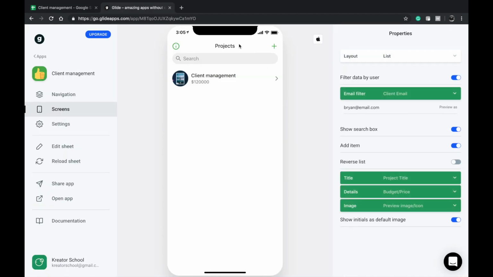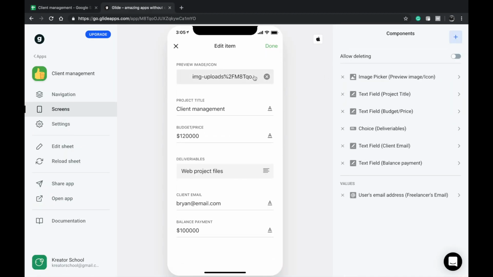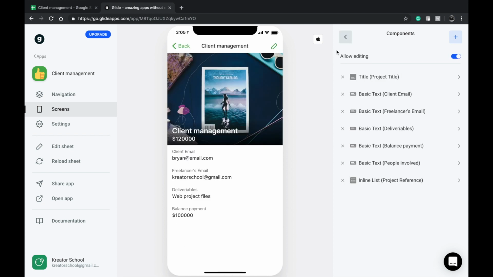So I'm going to be disabling the edit button, because if I allow editing, then what will happen is the client will be able to edit the project. He'll be able to change how much balance payment is remaining. So I think we forgot to show how much of balance payment. That's all. That's enough, right? You don't need to show how much of